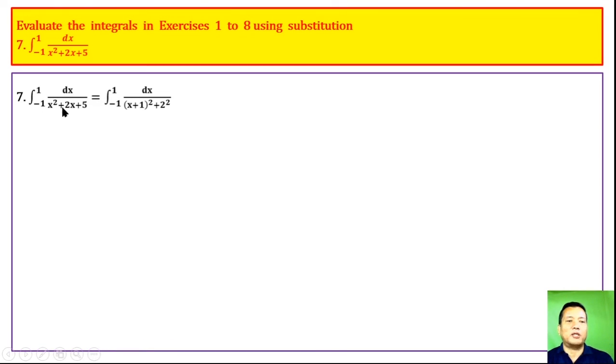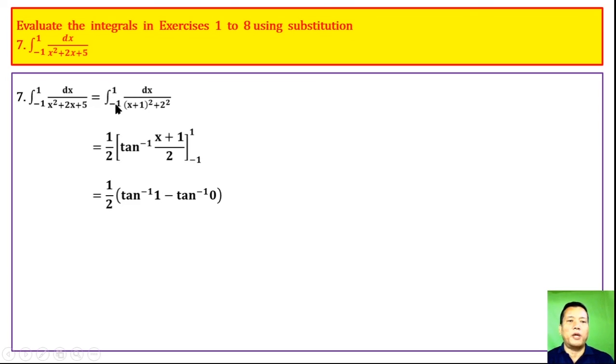Completing the perfect square for the term containing x, we get this, which is in the standard form 1 by x square plus a square. Applying that formula, we get 1 by a tan inverse of x by a. Here x is x plus 1, a is 2, and taking out half, we get, bounded by square bracket,